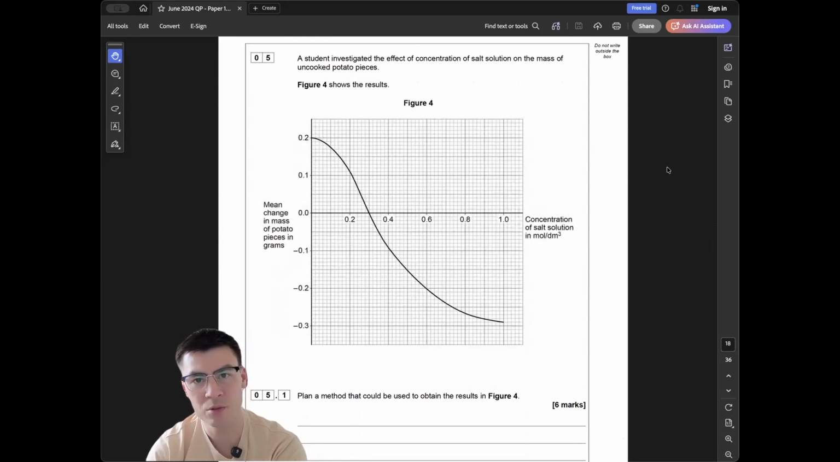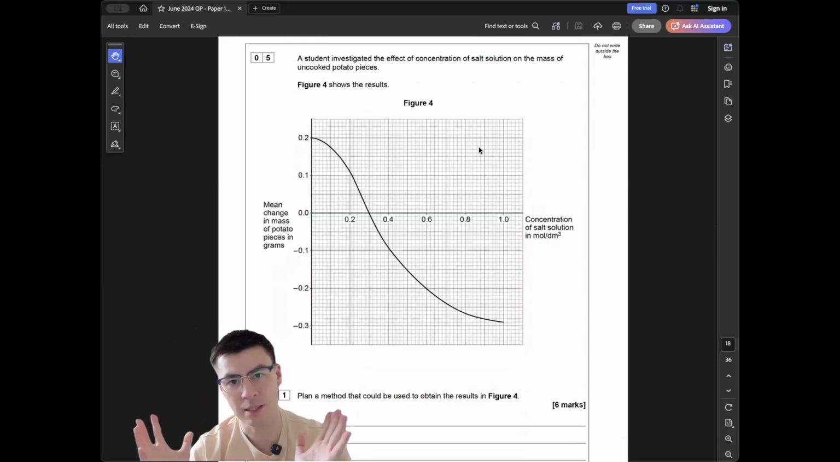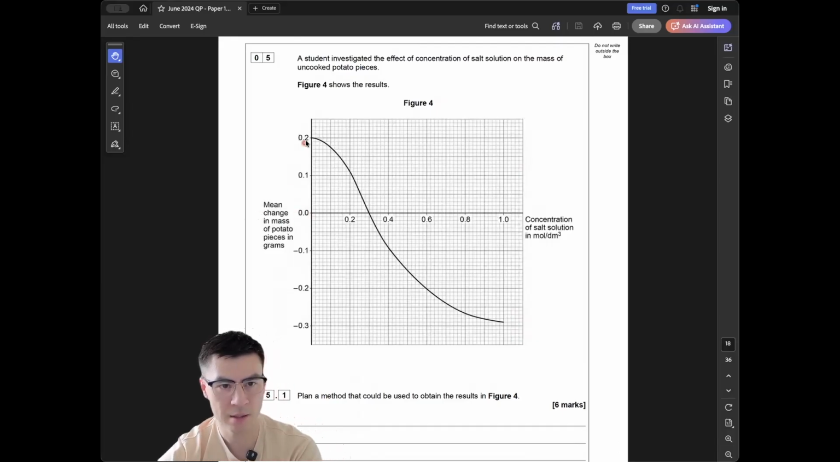Student investigated the effect of concentration of salt solution on the mass of uncooked potato pieces。呢一個如果學校有做嗰個 experiment 就係用個 cork borer 嚟 cut 個 potato。OK，跟住你 cut 到個 potato 之後就擺佢唔同嘅 salt solution，跟住你睇下嗰個 potato 有冇 turgid 到，就係整大咗啦，或者佢係 flaccid 咗，即係縮細咗。呢個係 change of mass 啦。佢喺普通水佢就0.2 gram，跟住個 salt concentration 越嚟越高嗰陣時，咁佢個 size 佢個 weight 就不停咁 decrease。Plan a method that could be used to obtain results in figure 4。